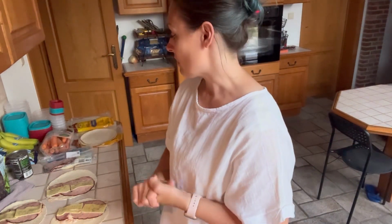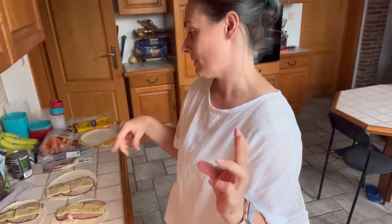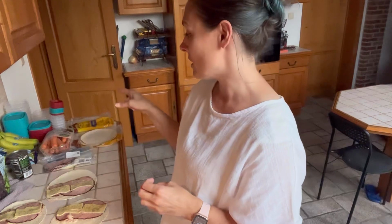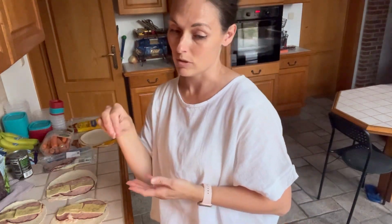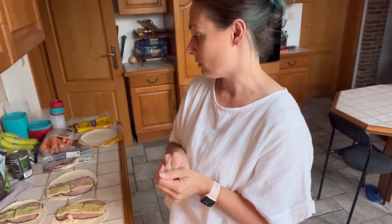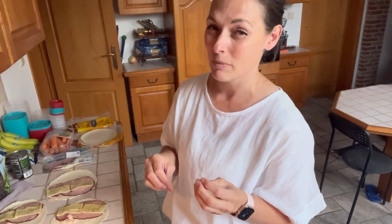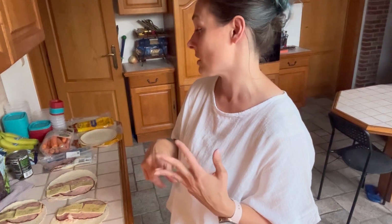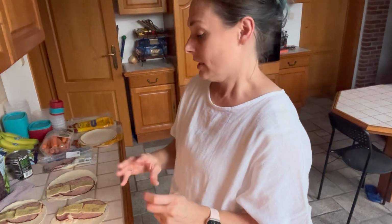Okay, tip number 3. Oh, and then, sorry, tip number 2. I just mix whatever with those little teeny containers. You can mix the more savory things and put sweets in a different container. Grapes are cool, but I won't put grapes and pickles in the same container, so I would use smaller containers and separate those. But I would put pickles and tomatoes and olives and carrots in the same container. Or I could put carrots and grapes in the same container, but just